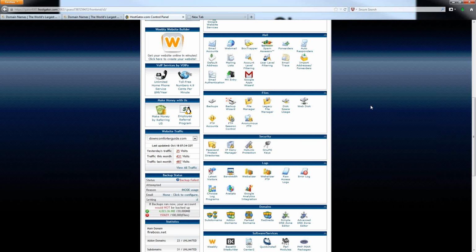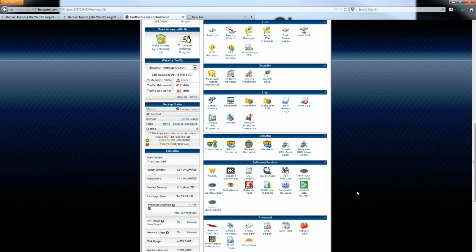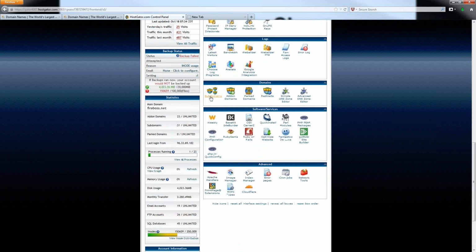So if this happens to be your first domain ever, then you may not have to deal with this particular step because you'll already be able to access your control panel through the actual domain itself. But if your domain is not already on your account and you need to add it in,